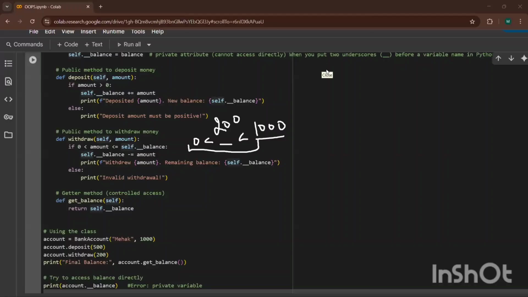It is greater than 0 and it is less than or equal to 1000 also. It is greater than 0 and less than the balance I have in my bank account. So then only I can deduct the amount from there and then print the message as well.